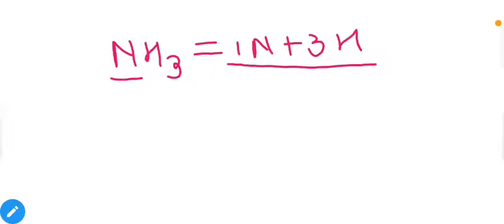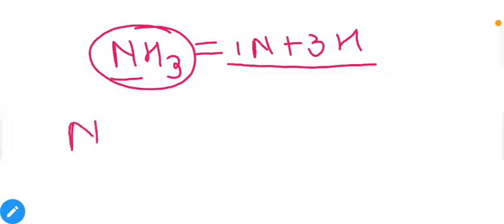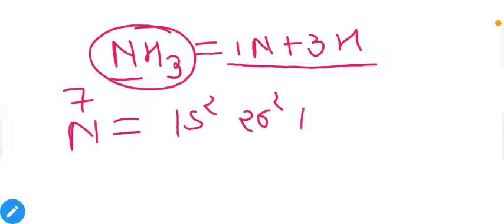Hydrogen has its own separate hybridization. That means all the atoms present in a molecule have their own separate hybridization. But usually we will talk about the hybridization of the central atom. So hybridization in NH3 for the nitrogen is sp3, and how can we find it? For that you need the electronic configuration of nitrogen, and we know that the atomic number of nitrogen is 7, so the electronic configuration will be 1s2, 2s2, 2p3.